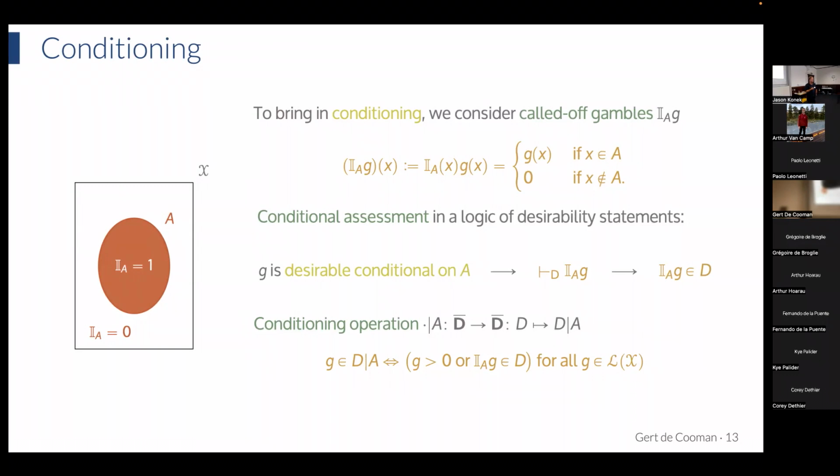I see, because G is still defined on the whole outcome space. You could get rid of this if there's another way of doing conditioning by restricting yourself to the set A and looking only at gambles on A, which I find more appealing. But since I didn't want to go to the complexity of introducing a new set,